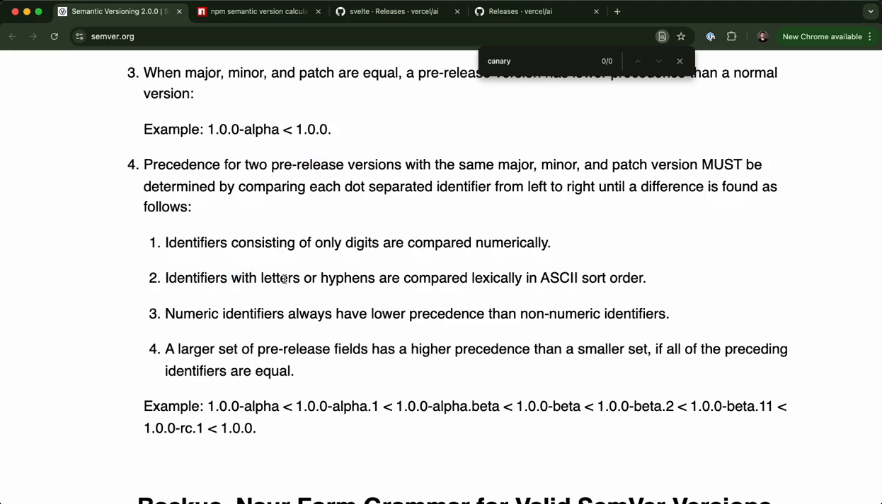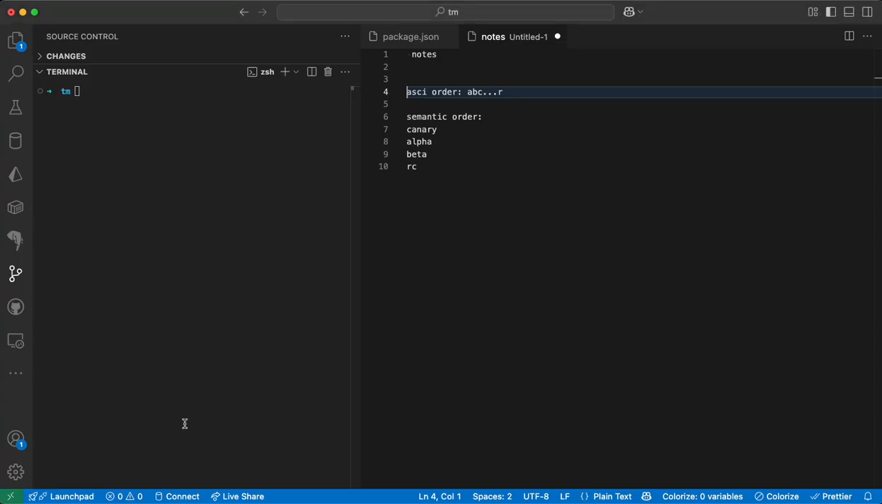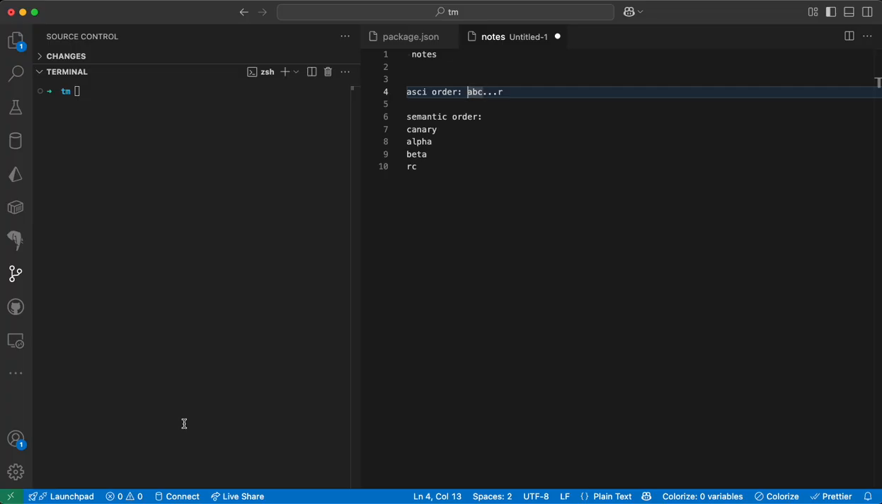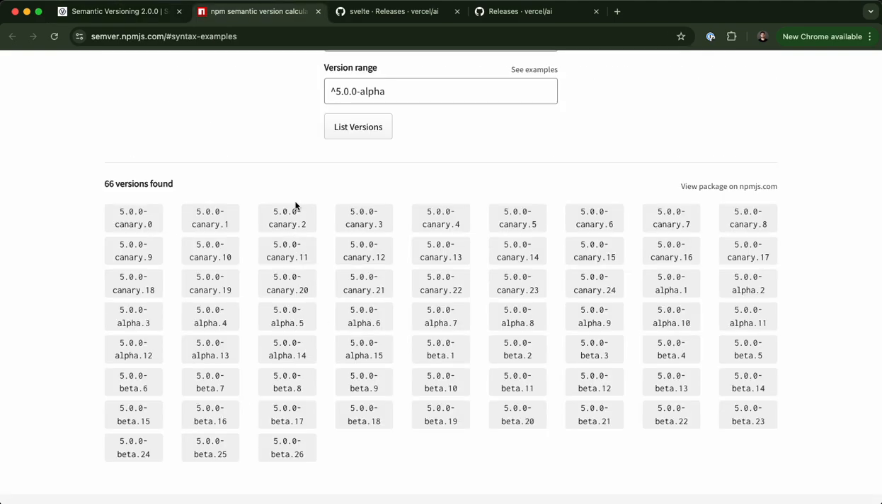in identifiers, letters are compared lexically in ASCII sort order. So for example, here you can see alpha is before RC. Alpha is before beta as well, because A, B, something, and R, right? And also C comes after B, right? So if we are very strictly following semantic versioning, and we use this caret in the ranges, and let's say you want anything that's higher than alpha,